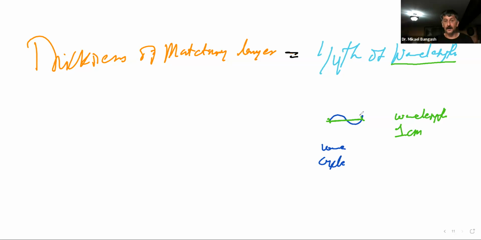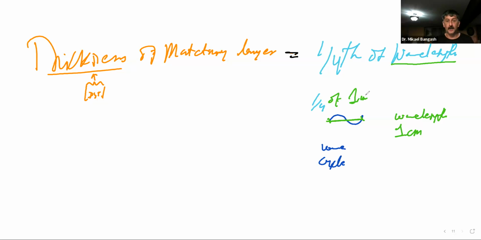But when we say that the thickness of the matching layer is going to be equal to 1/4 of the wavelength, which in our example here was 1 centimeter,